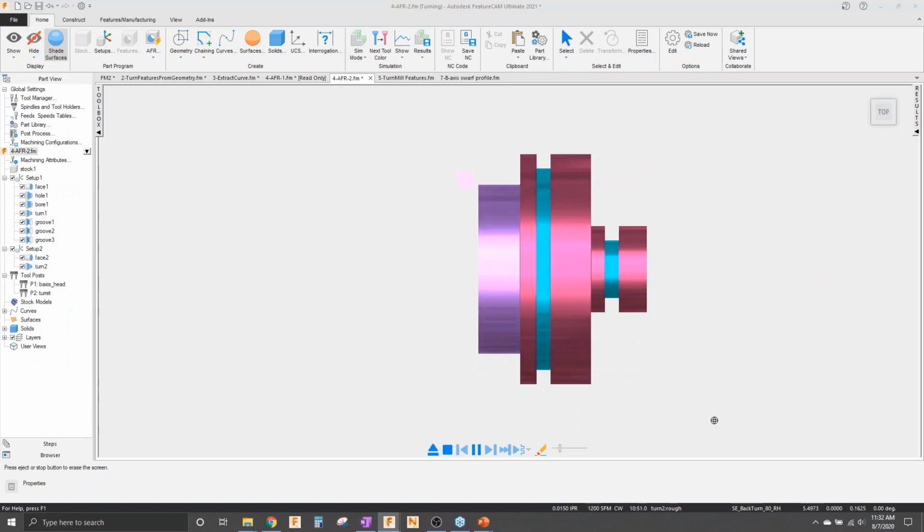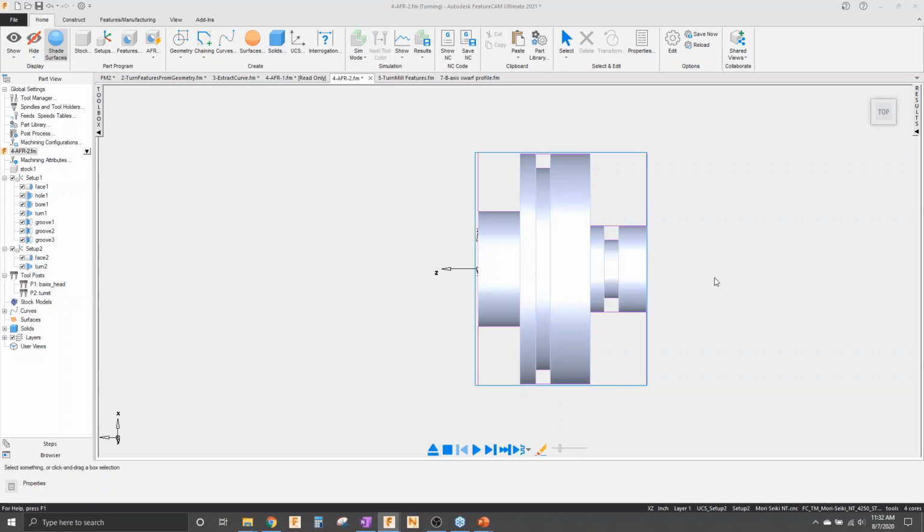So it looks good. Now we're no longer air cutting, and now the part's done. Okay. So next, what I want to do is, because I did create this setup to go to a sub spindle, I need to do a part transfer. So I'm going to activate setup 1 again, and I'm going to go to features,